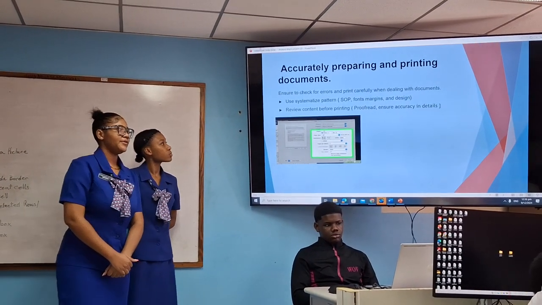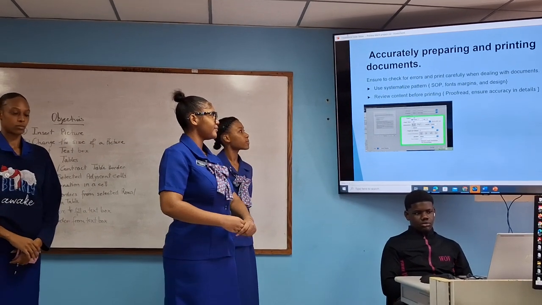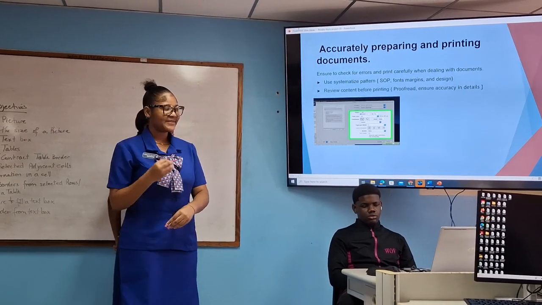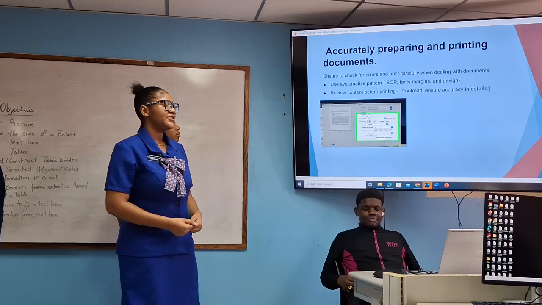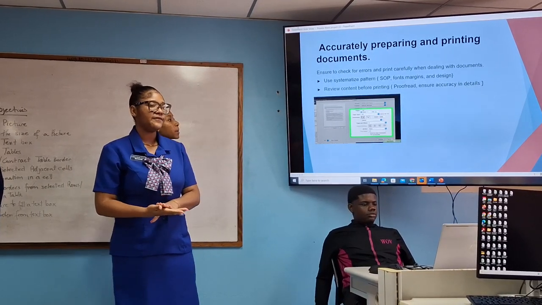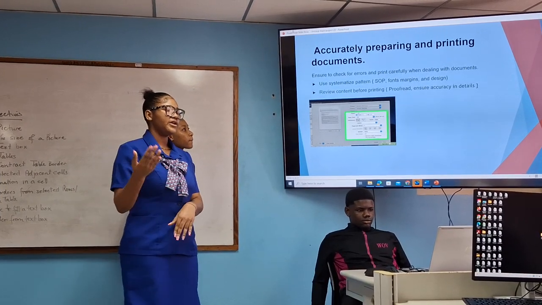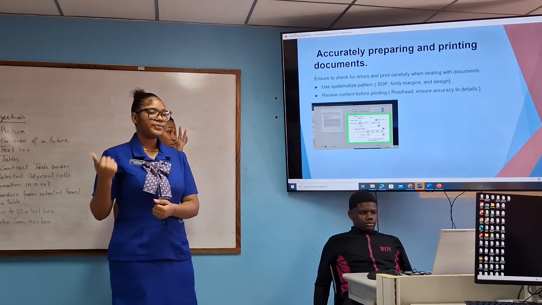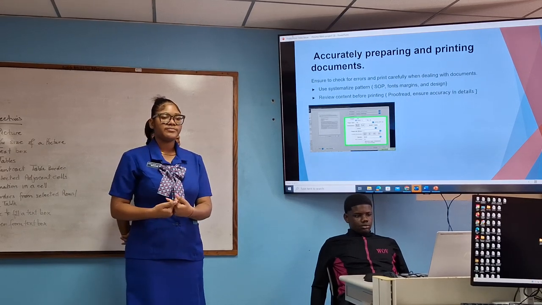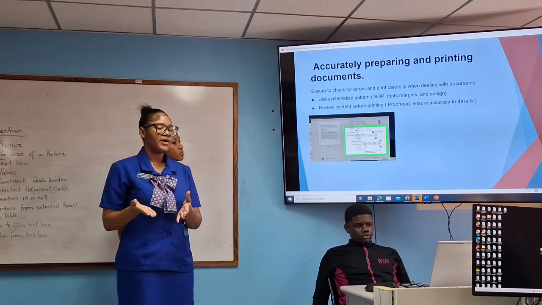Okay, so the next point that we have is accurately preparing and printing documents. So use systematic patterns, right? So when preparing documents, or when typing documents, you need to follow the organization's standard operating procedures. So based on the way you type, the format, how you print it, and just the basic standard procedures, and probably the printer that you use, how you send it and so forth,